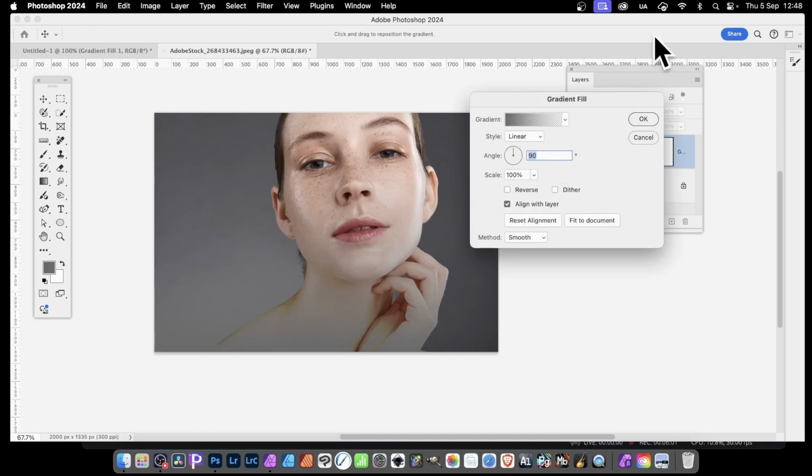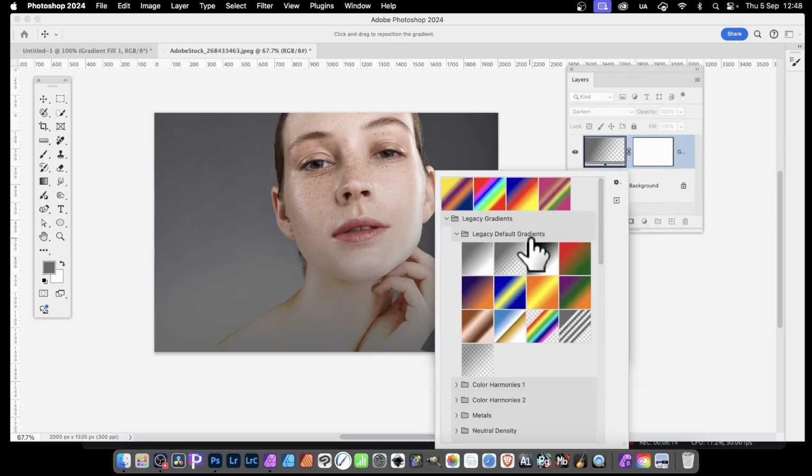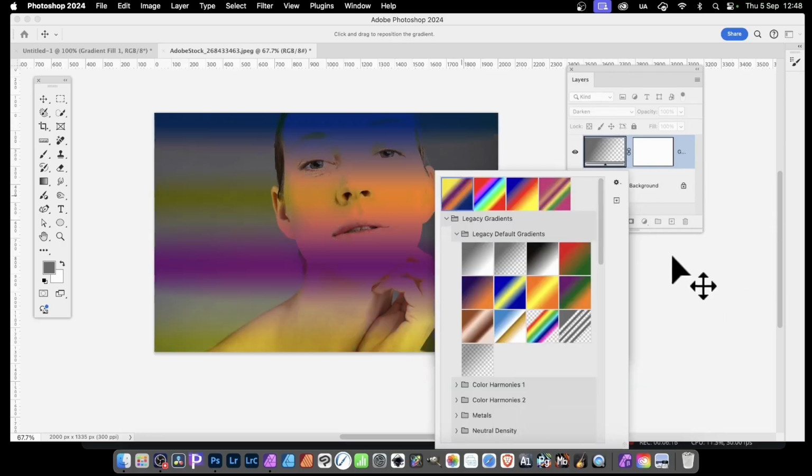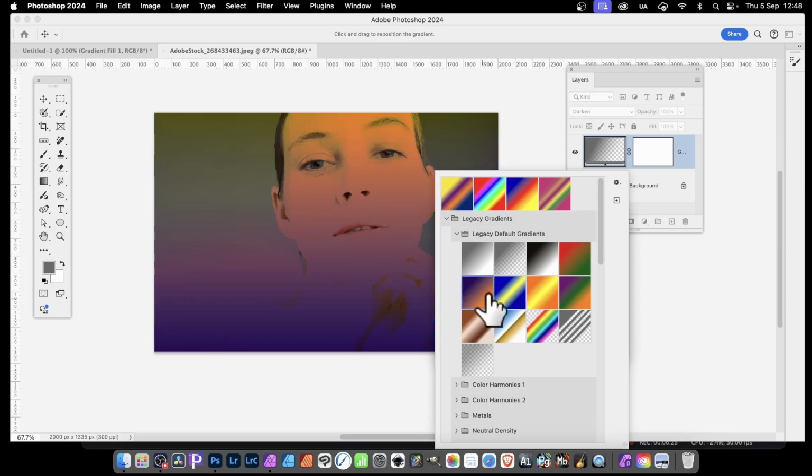Click OK. And now instead of normal, you've got Darken blending mode. And that will be shown over here. You can see here, this layer has been created and you've got Darken there. You can also change gradient again. So click that one. You can see the effect there. You get this lovely colour effect applied on top of any image that you've got. And you of course can select other ones, something like that or that, to create a whole range of different